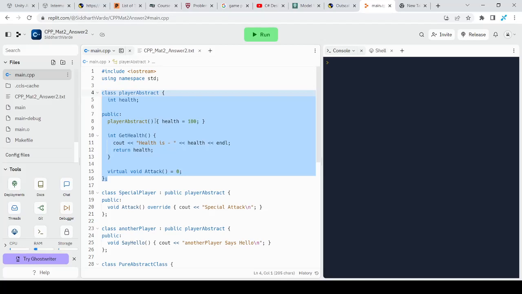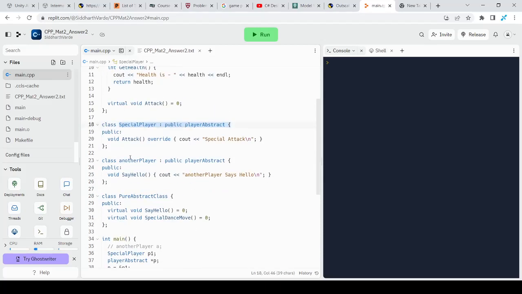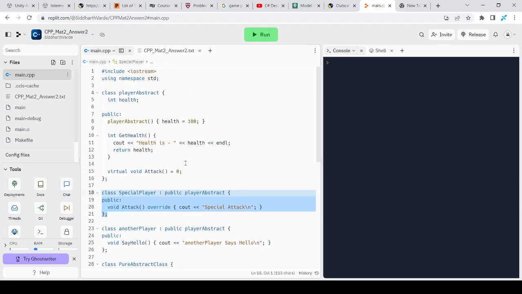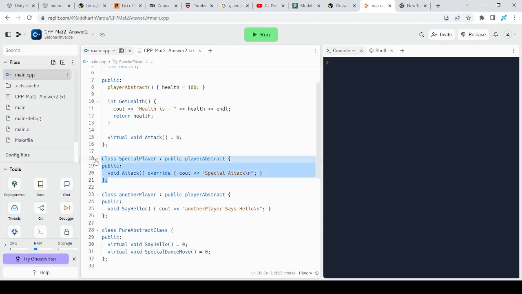So if we want to create an object out of that abstract class, what we need to do is we need to inherit that abstract class and then implement that pure virtual method or abstract method inside that class, and then we need to create an object of that child class. Okay, so this is the only way to create an object, not exactly the object of the parent class, like the abstract class, but to implement